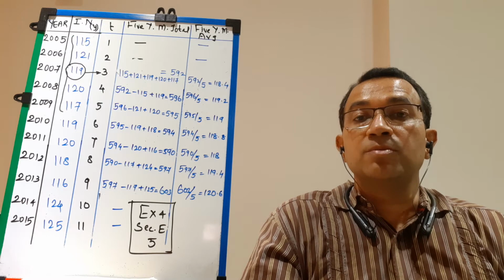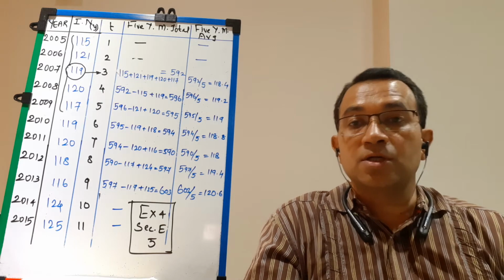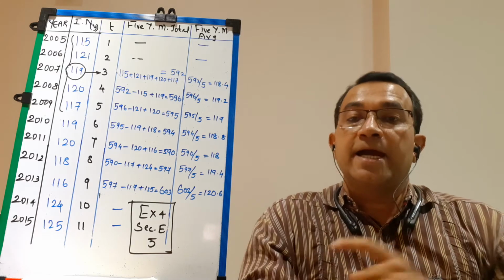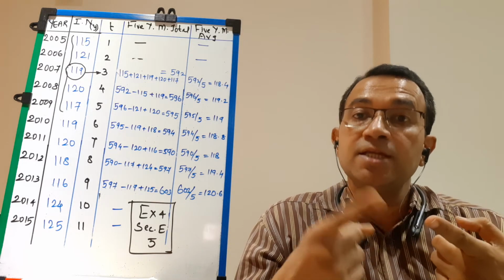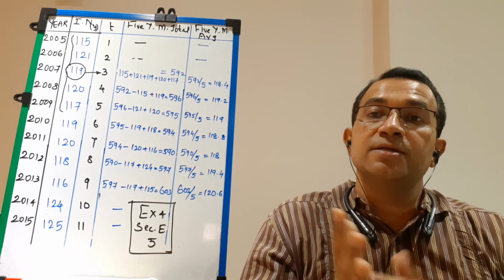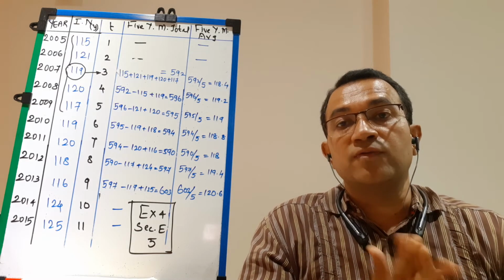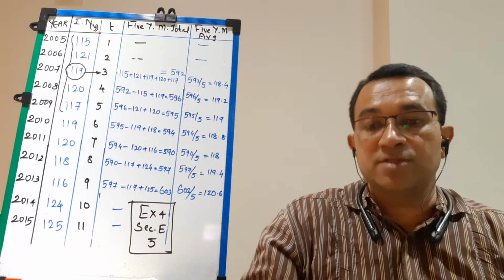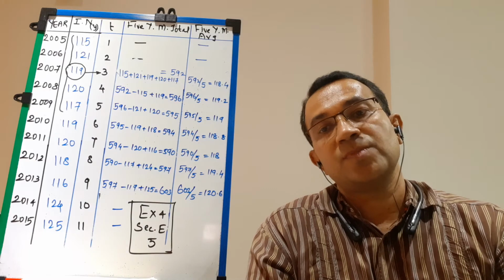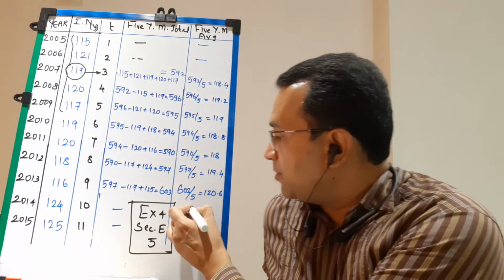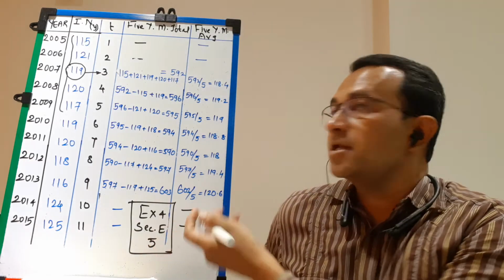So what you have to remember, in 5 yearly moving totals, the first two values and last two values will be dash. And students, in 3 yearly moving totals, the first and the last value will be dash. In the last column also, the last two values and the first two values are dash. That is all students what we have to do. Here I have not kept dash, but you can understand that these are dash.